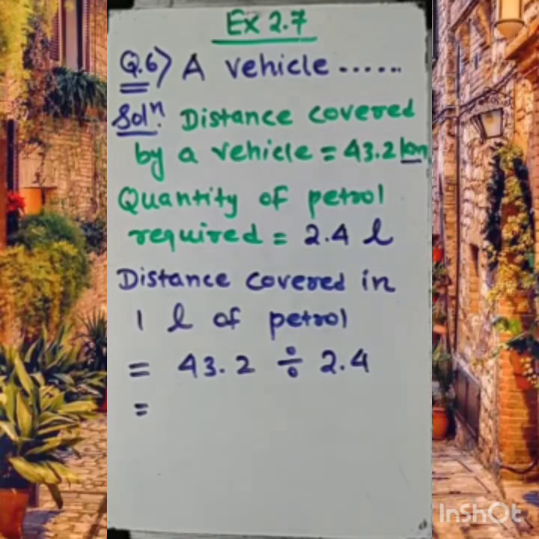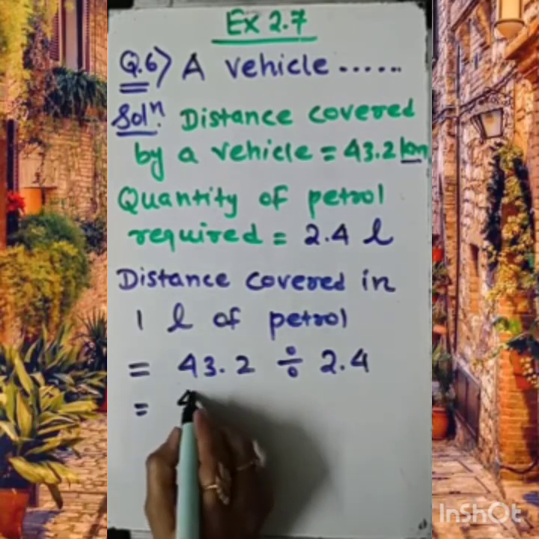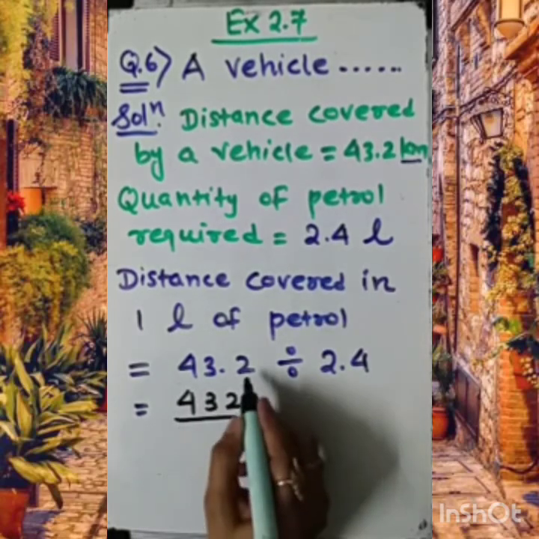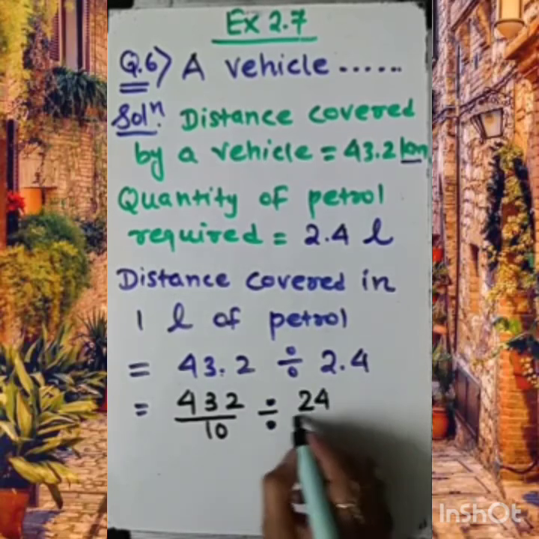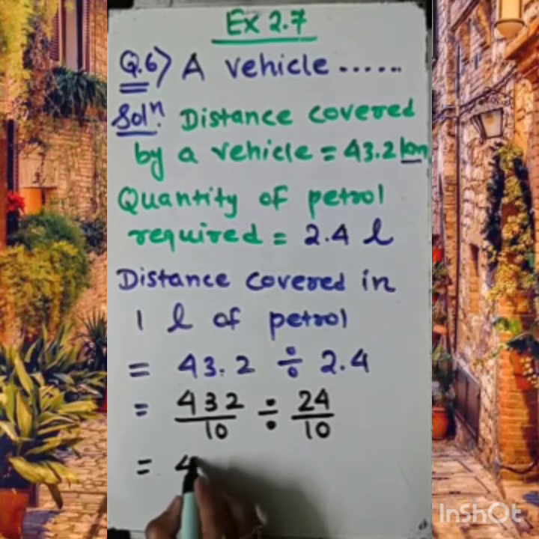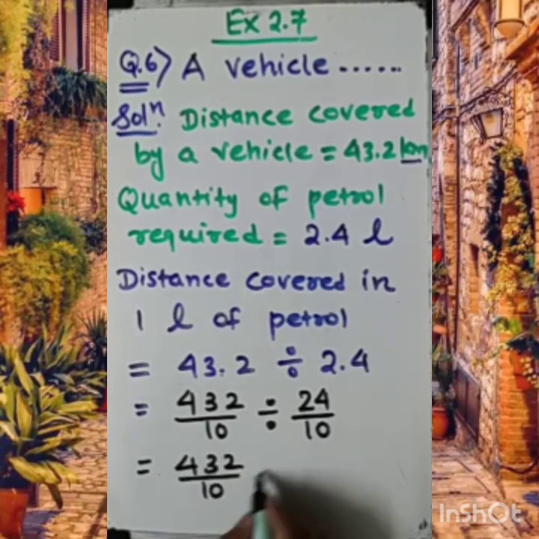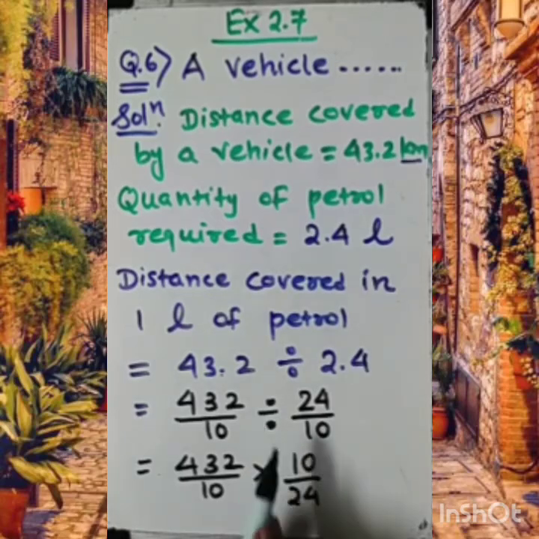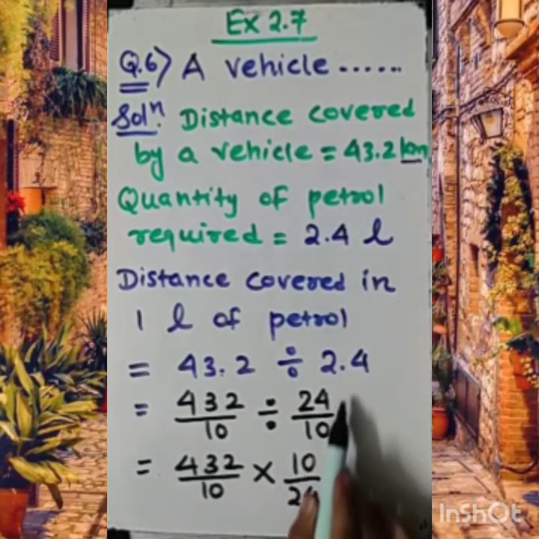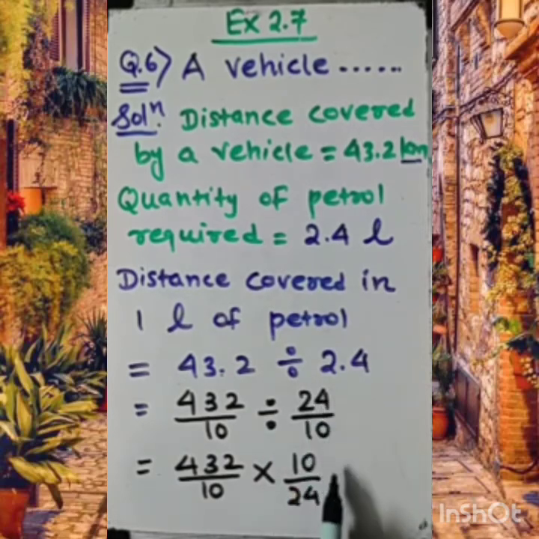Okay. So as I taught you in question 5, the similar procedure we are going to apply. Let's remove the decimal. So here it will be 10. If I remove this decimal, then again 10. So in the next step, 432 by 10 multiplied by 10 upon 24. As you know, I am converting this divide into multiply, so I need to write the reciprocal of this. So it will be 10 by 24. The 10s cancel. So if you are comfortable dividing 432 directly by 24, then well and good.